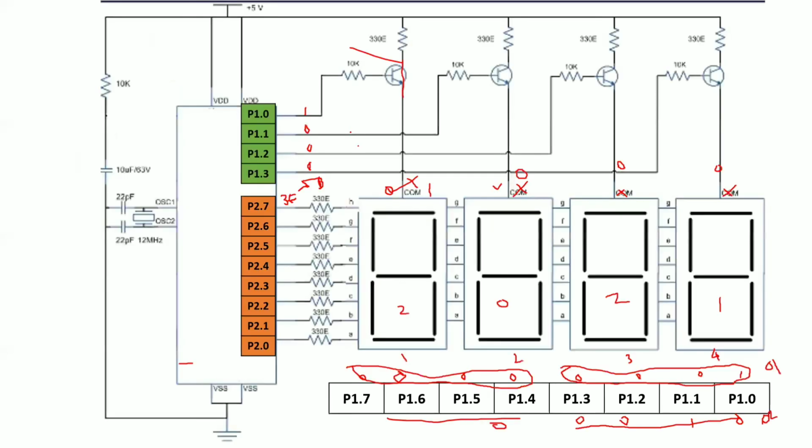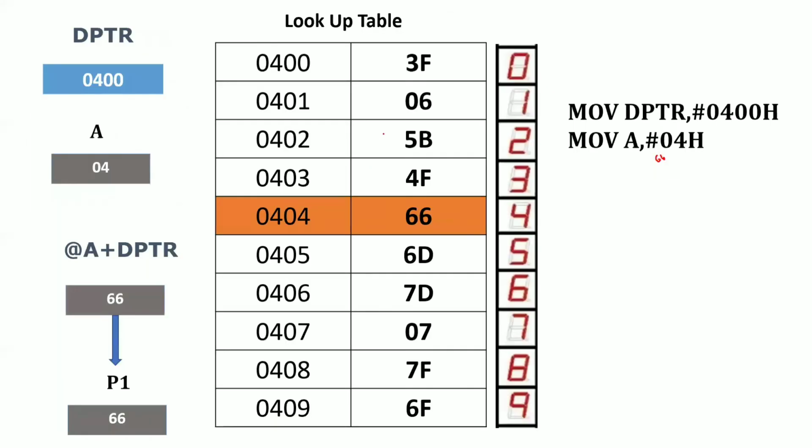What will happen? It will add these two numbers, 0400 plus 02, which becomes 0402, which is exactly where the code of your digit 2 is stored in that memory location. I'm sure you know these lookup tables, right? See, in this 0402 memory location, I have the code of your digit 2. Now you understood why we have written 02 in the A register. Now the A register will get the code of 02, which is nothing but 5B. So A now consists of 5B.